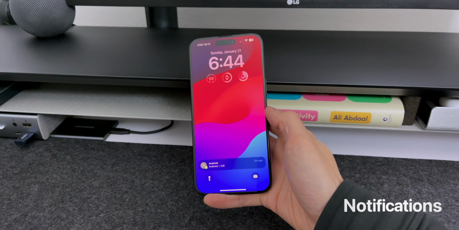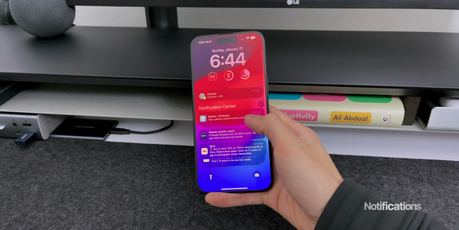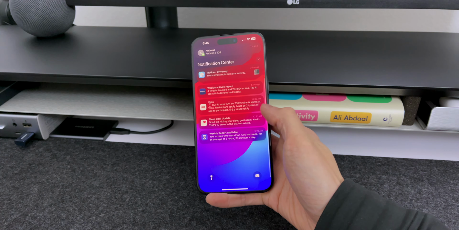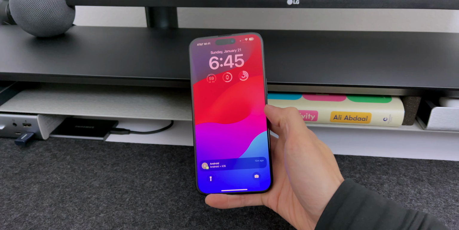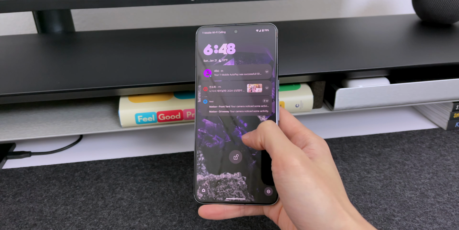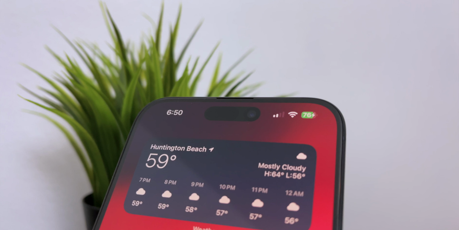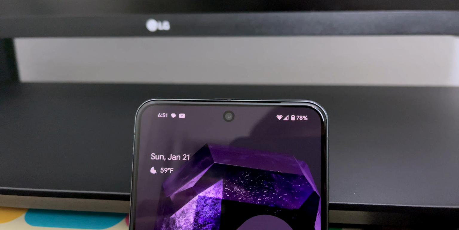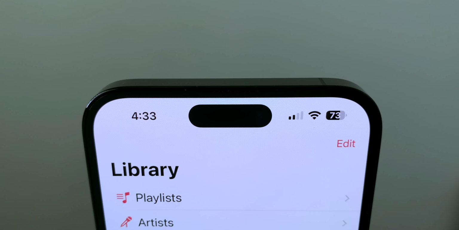iPhones only show your most recent notifications, so you'll need to do some extra swipes to see them all, but I guess it does make the lock screen a lot cleaner. Android phones, on the other hand, show every notification until you read or dismiss it. One thing I wish iOS had are status bar notifications. On Android, I can see a small app icon if there's something new, but with the notch or dynamic island, there wouldn't be any room.